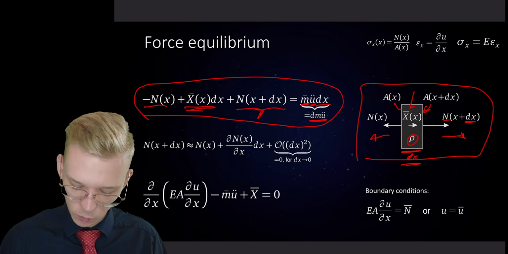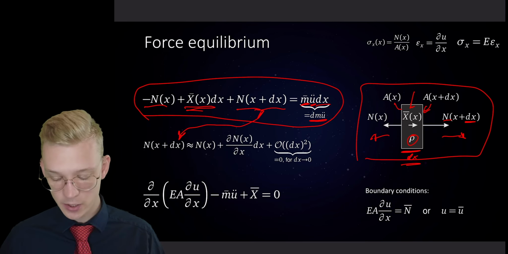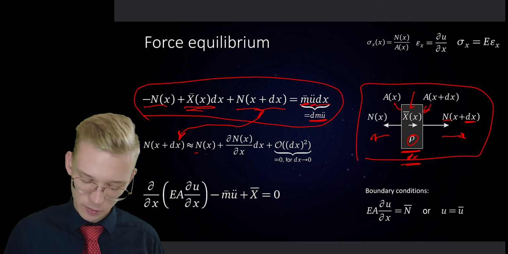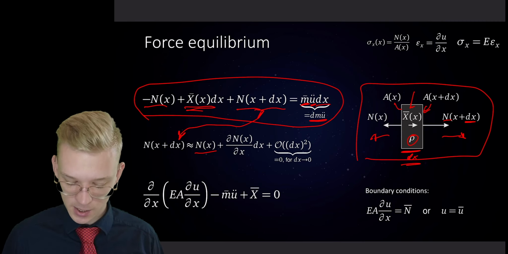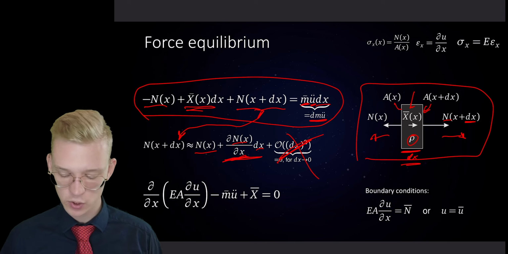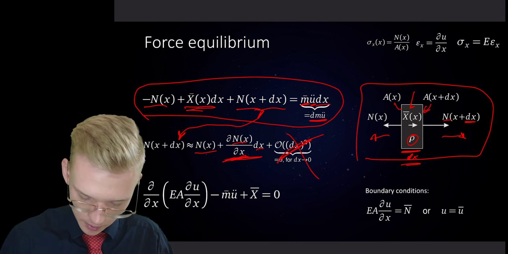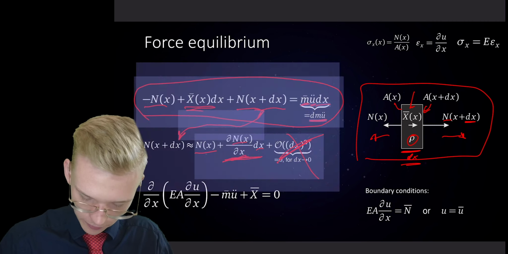And we would like to know what this part is. For this part, we do a linearization, like a Taylor expansion, where we have N plus the partial derivative of N with respect to x times dx, and higher order terms that we just ignore, because we just take the first one. Knowing that, and inserting this equation right here,